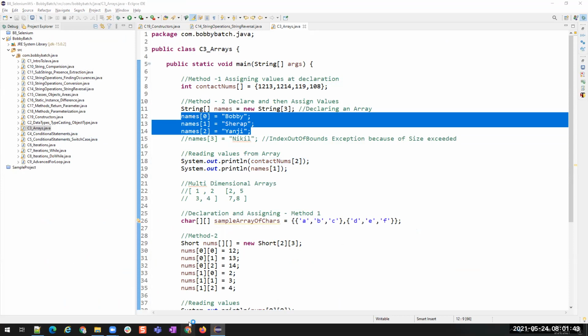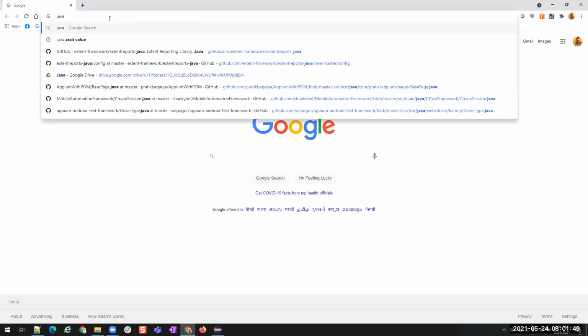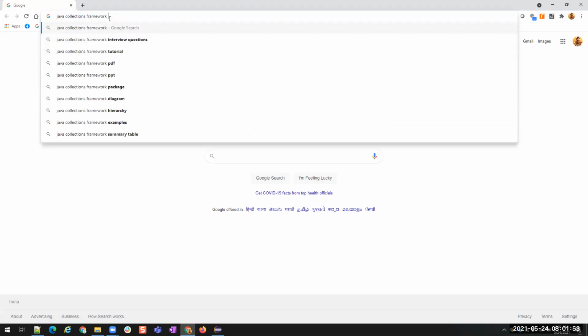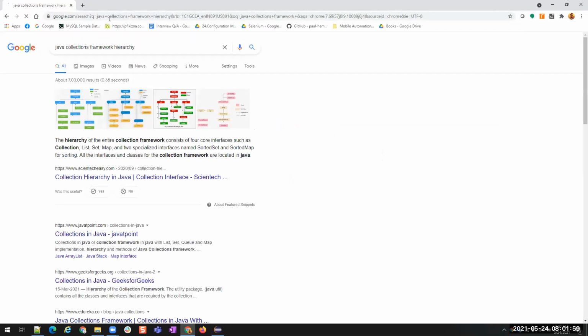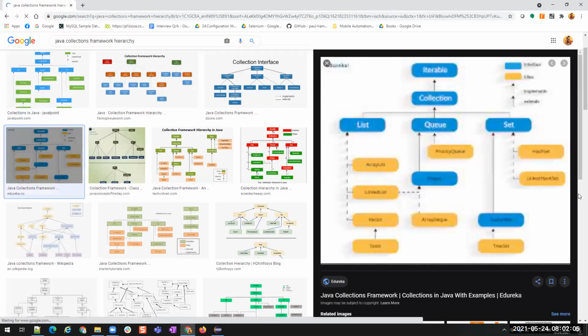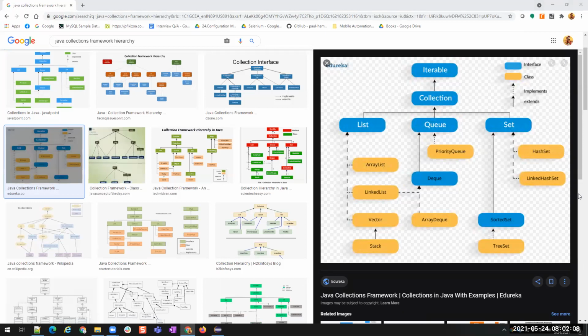Let me show you what the Java collections architecture is. Java collections. All right, let us open this. See this. You are able to see the image, right?